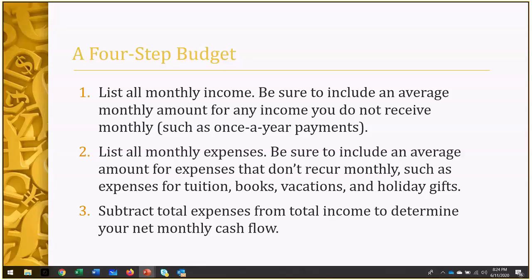If you don't receive regular paychecks because they vary from week to week, then you want to try to find an average of what that income is per month. So what I would do is go back maybe 6 months prior to whatever the budget is. Go back 6 months and see what you made per month for the last 6 months, and then average that together. Add the 6 months together and then divide it by 6 to see how much you made as an average amount. That'll give you a pretty good indication of what you bring in month to month, even